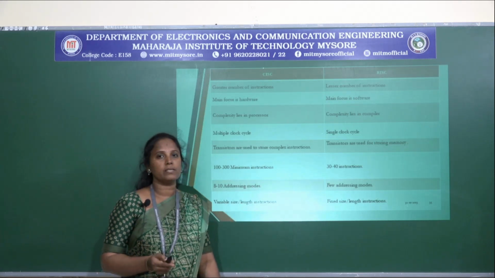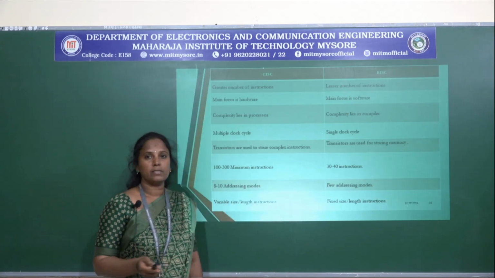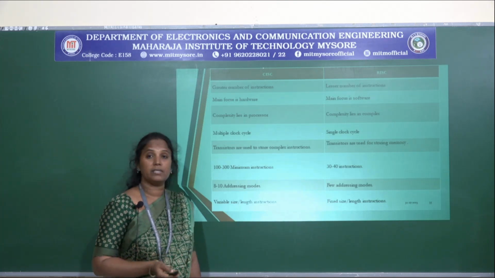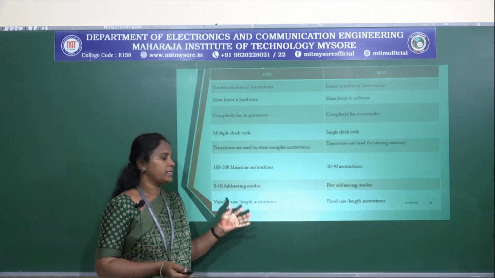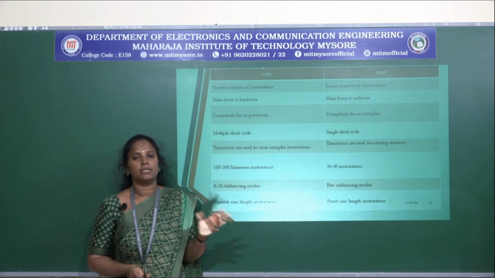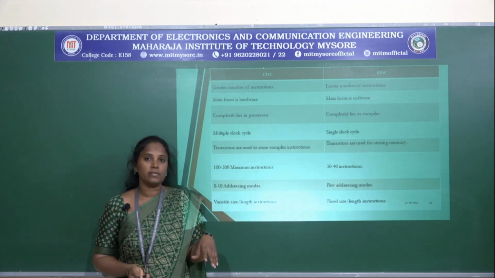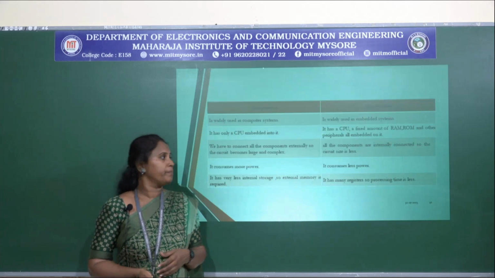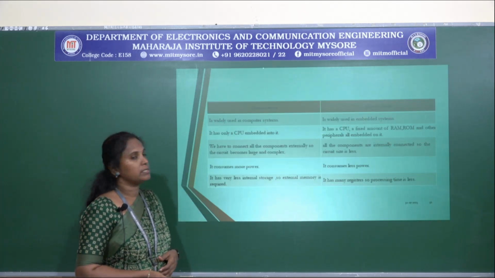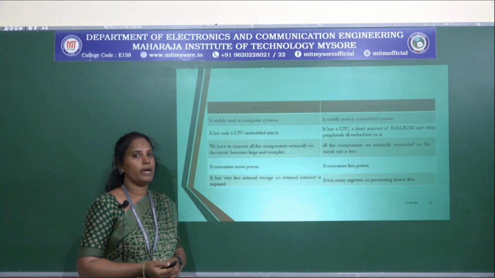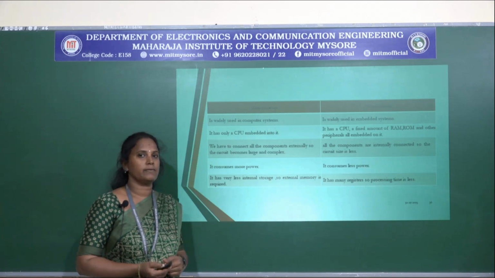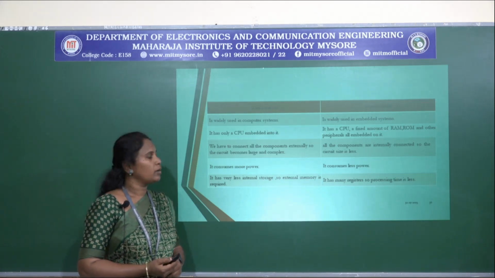But in the case of RISC, it has fixed size or length of instruction. That means the size of your instruction, whether it is 1 byte or 2 byte or 3 byte, is fixed, it does not vary. So that is the meaning. These are some of the differences with respect to RISC as well as CISC